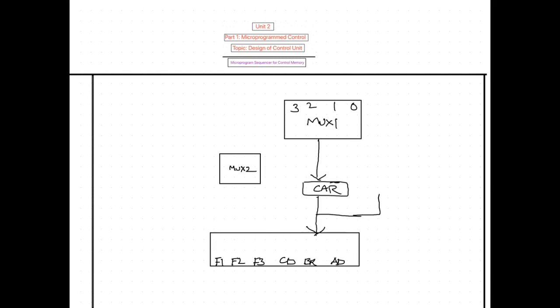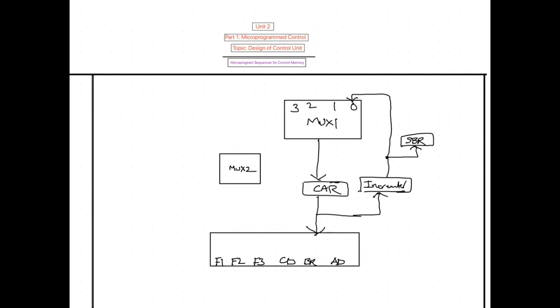The CAR value will be given to the incrementer, which increments the CAR value and gives it to the 0th line of MUX1. This incremented CAR value will also be given to the SBR, the subroutine register.